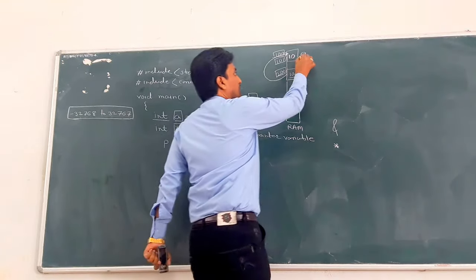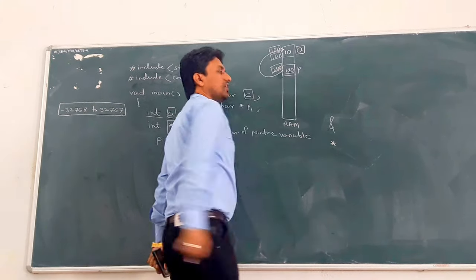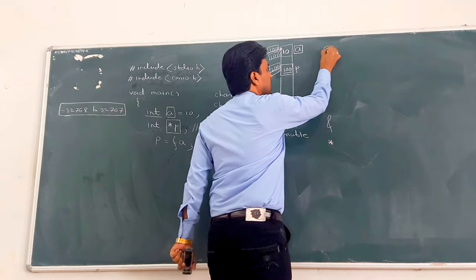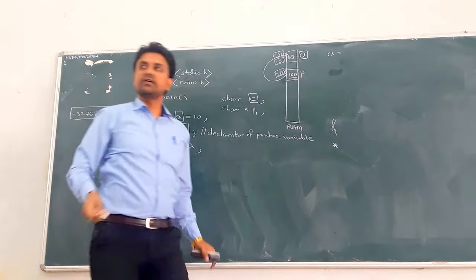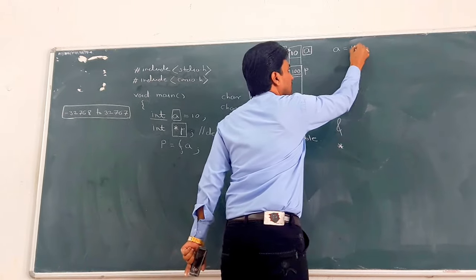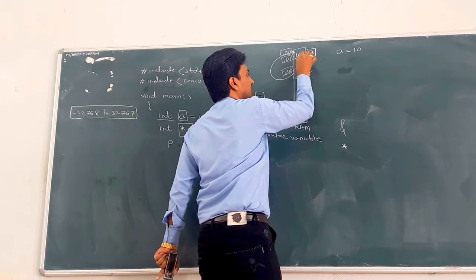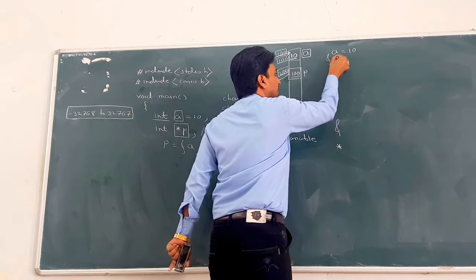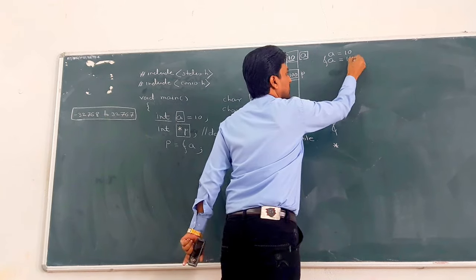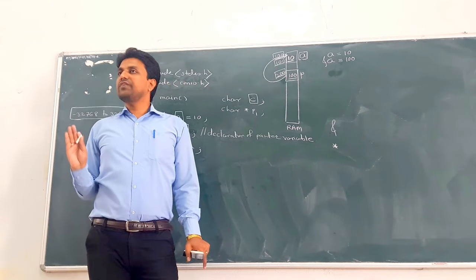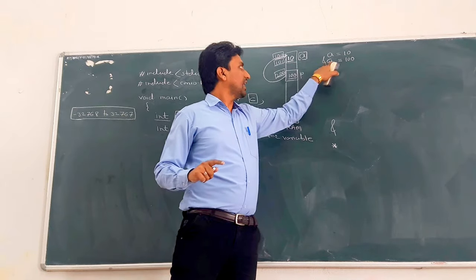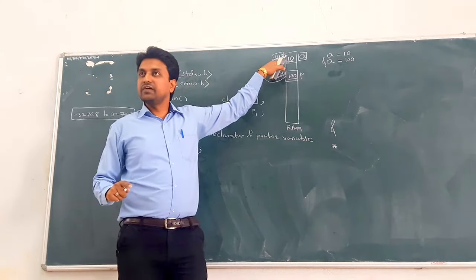Now, for a simple variable A, also called a value variable, there are only 2 values. Just A, when you print the value of A with the %d format type, gives you the value at that address location. What is the value inside A? 10. And what does the address of A give you? A's base address, which means 100. Understood the meaning? Every value variable has only 2 values. One, A gives you 10. Two, the address of A gives you the base address of A.